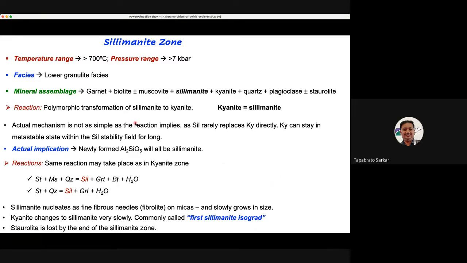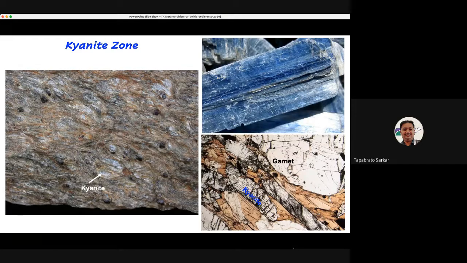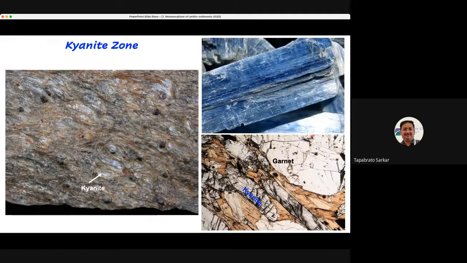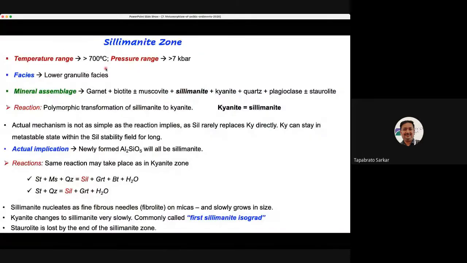Okay, so you can see out here, along this range, on this medium PT condition, the crossover of kyanite to sillimanite roughly occurs at around 700 degrees centigrade. And 700 degrees centigrade is the boundary of the amphibolite and the granulite facies. So normally the first sillimanite in a pelitic rock appears in the lower granulite facies condition. Okay, so around greater than 700 degrees centigrade at a pressure greater than 7 kilobar in the lower granulite facies,